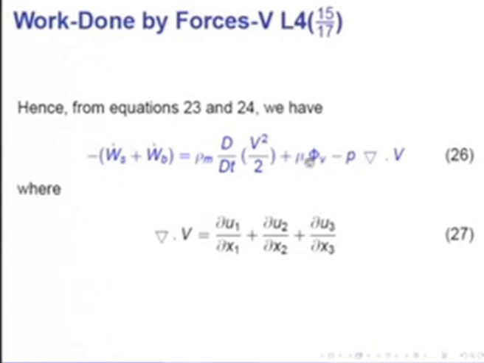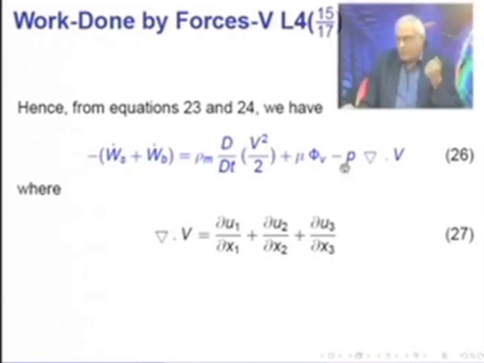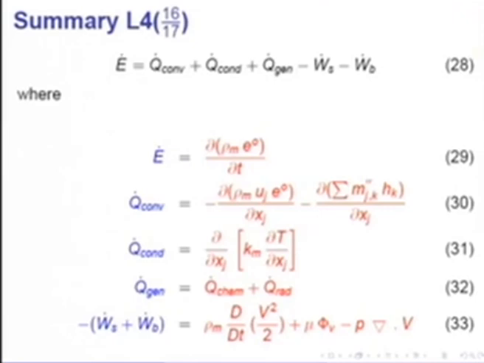So, that term would always be positive, and in general its purpose is to increase the energy level of the mixture. This is the kinetic energy term, and this is the minus p del dot v term, or sometimes also called the pressure work term. Del dot v, as you know, is this. By way of summary, then we wrote